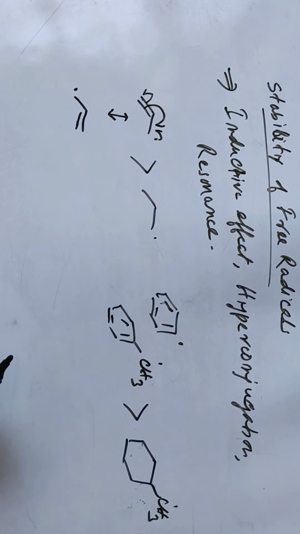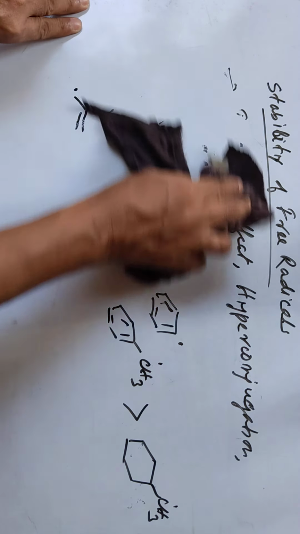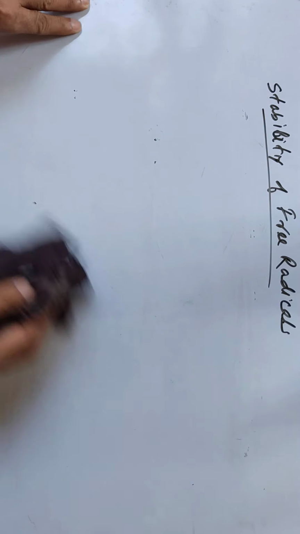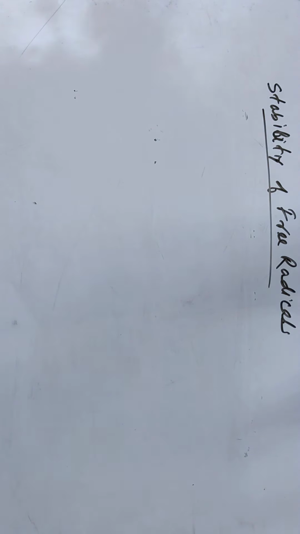So like in the case of carbocations, what I want to say is, if they are conjugated with a double bond or multiple bond, then free radicals are more stable. And another one is hyperconjugation, so they are also more stable. So more resonance structures, more stability of the free radicals. Okay. So now another, destabilization of the free radicals will be more. Another factor is that if they have more S character, they are less